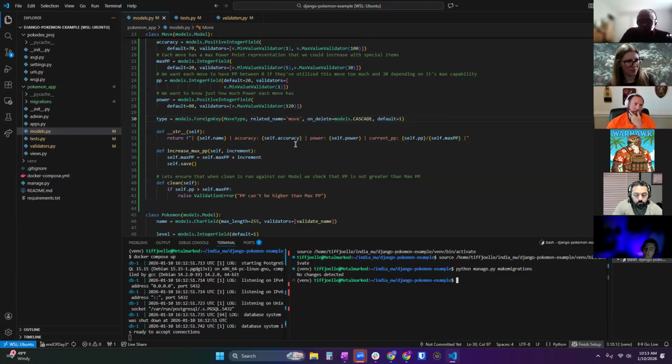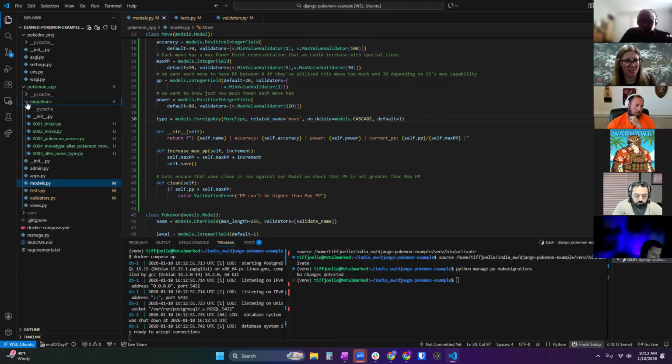Because the container still exists as the same. So that's a good thought. I had killed the container completely and remade a new one. So this actually has nothing to do with our database. This make migrations is this stuff here.